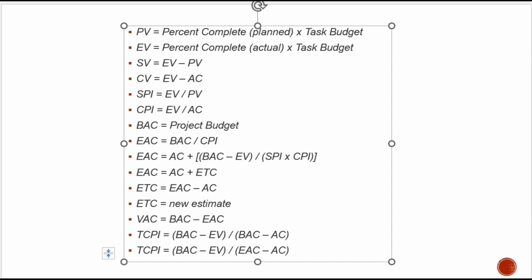Now the estimated cost at completion is 6 lakhs divided by 0.89. EAC is equal to BAC by CPI. That is the project budget divided by the cost performance index. That equals estimated cost at completion. That is, if things go like this, we will have to incur this much amount. 6 lakhs divided by 0.89 is equal to 6 lakhs 74,157. The project was planned for 6 lakhs rupees, but it is supposed to incur 6 lakhs 74,157 rupees if things